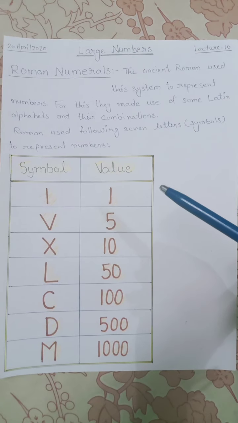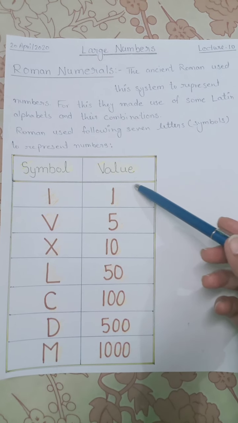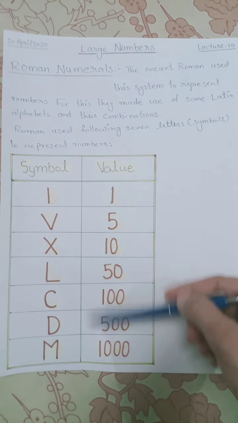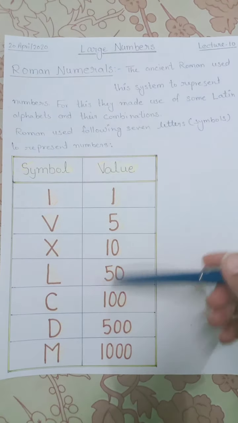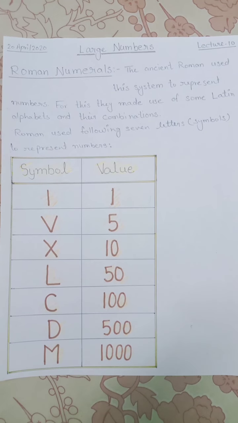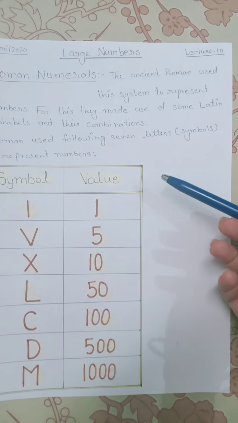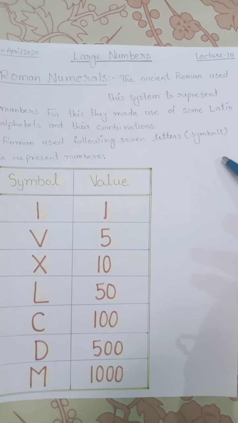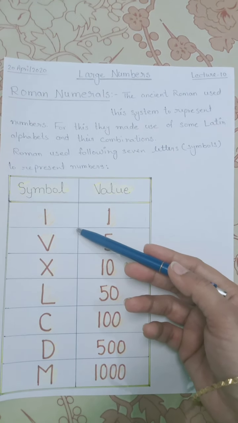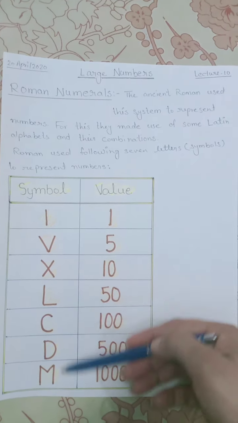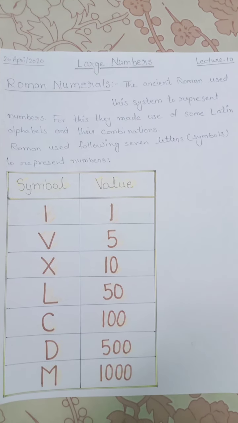So, students, to learn and understand the Roman numerals, you have to learn these 7 symbols. These are the basic symbols, and by a combination of these symbols, we can make other numerals. So, what did we learn here? That the Roman numeral system originated in ancient Rome, and the other thing, there are 7 symbols. They are Latin alphabets and their combinations.